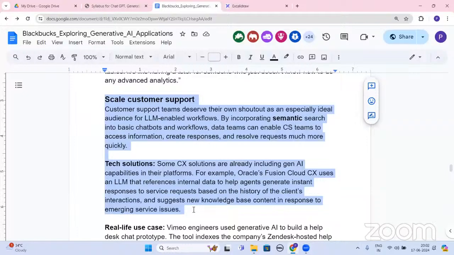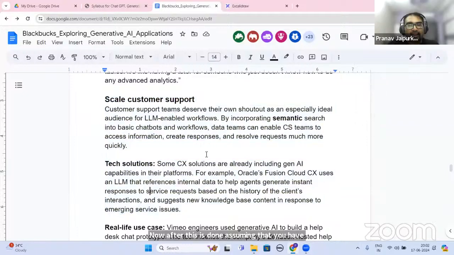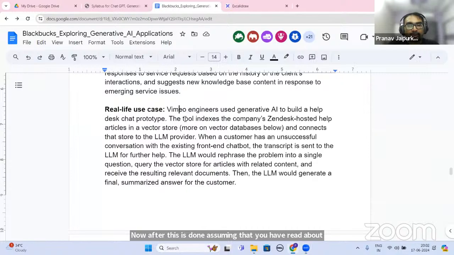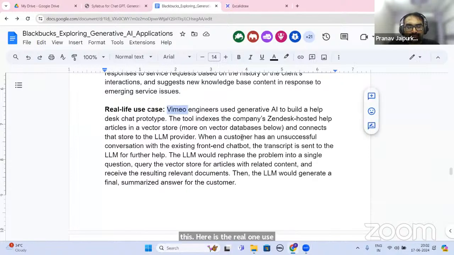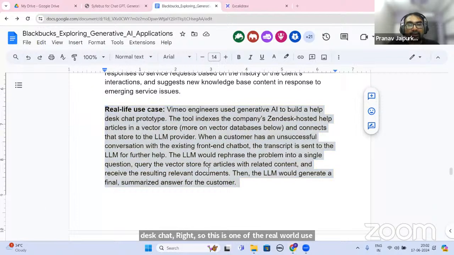Now, after this is done, assuming that you have read about this, here is the real world use case. Vimeo is an app which is used for some financial management. I think it's a US based app. It is using generative AI to create a chat prototype. This is one of the real world use cases where generative AI and LLMs are being used for